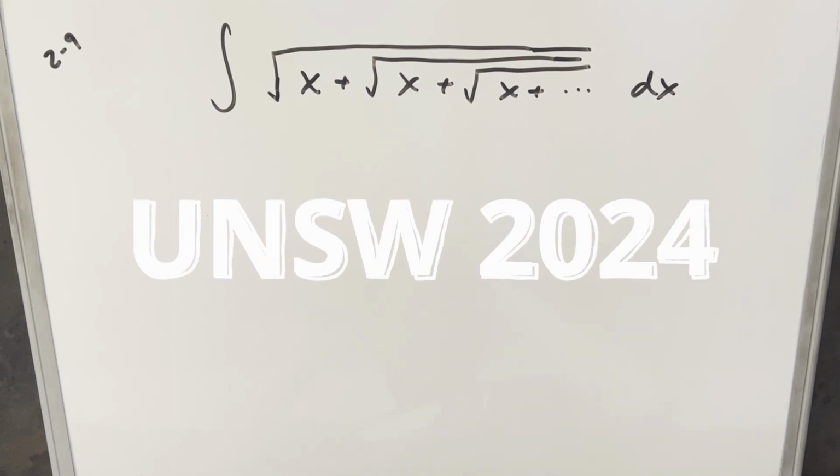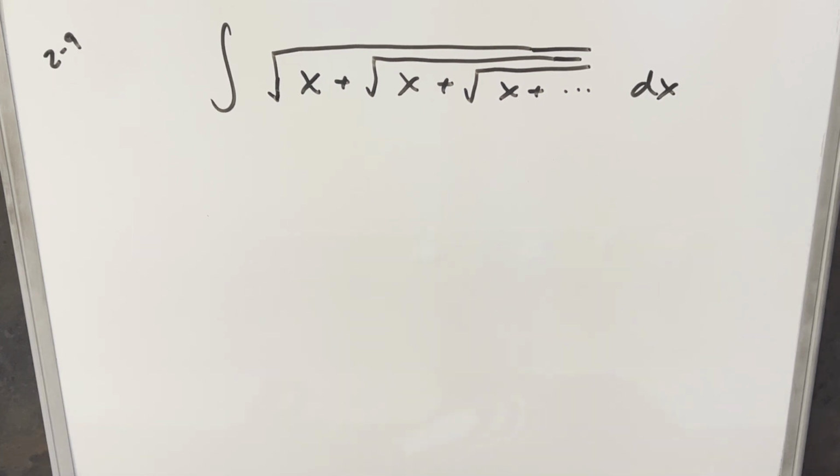Okay, we have another integral. This one's from the UNSW Integration Bee 2024, round 2, problem 9. You have the integral of the infinitely nested square root of x plus square root of x plus square root of x dx. It seems like pretty much every time we come across one of these infinitely nested expressions,